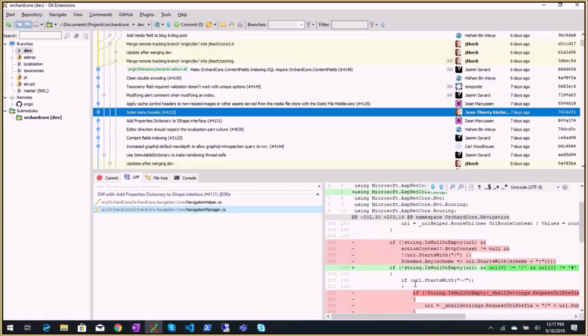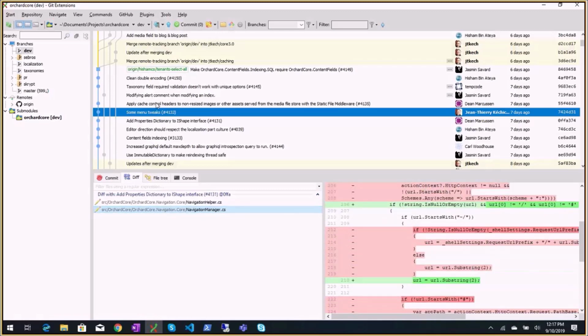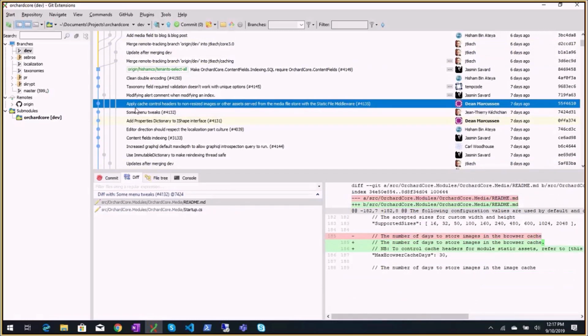Complex stuff. Let's trust him. I think that's my file an issue and Jean-Thierry fixed it. Apply cache control headers to non-resized image or other assets served from the media file store with a static file